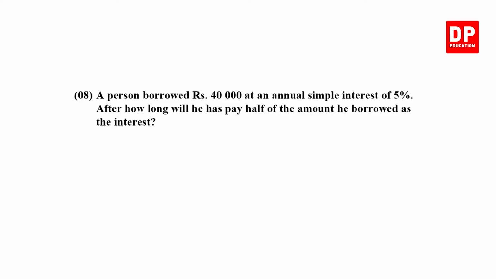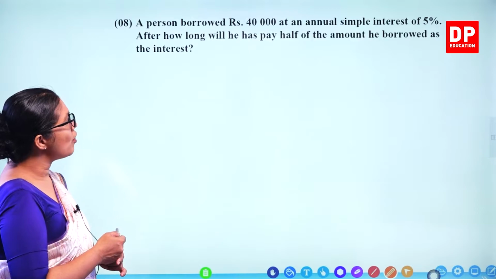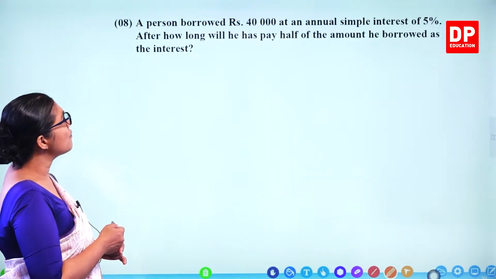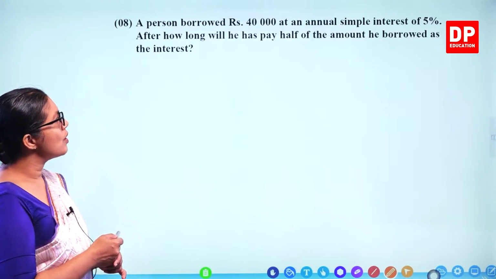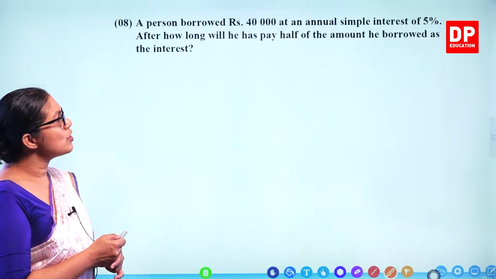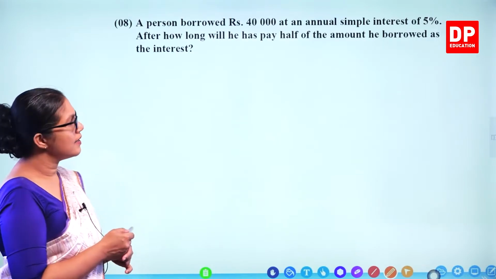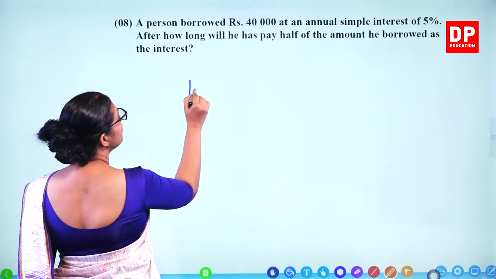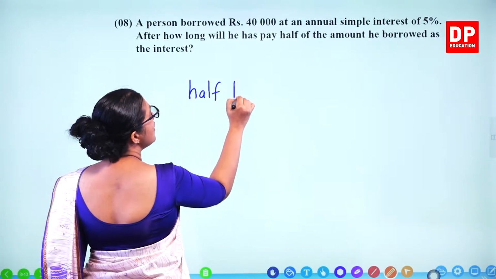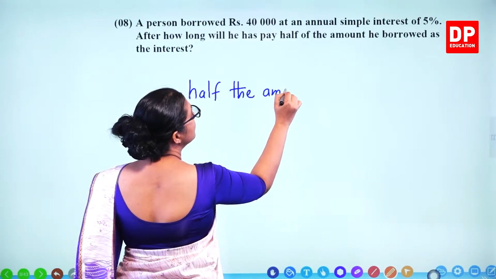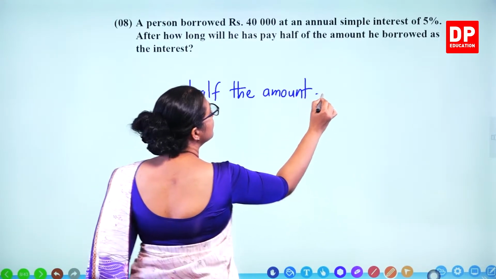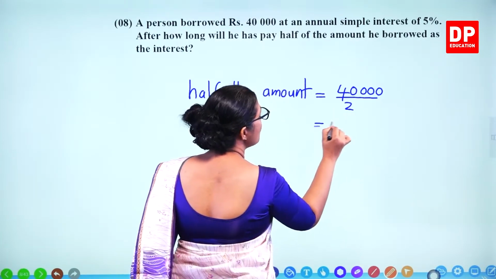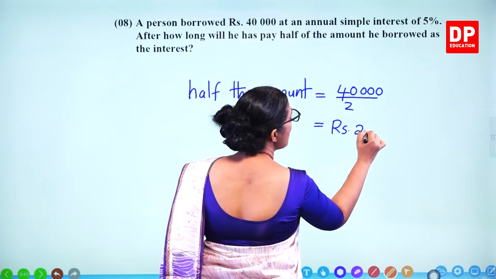Question number 8. A person borrowed 40,000 rupees at an annual simple interest of 5%. After how long will he have paid half the amount he borrowed as the interest? So the amount is 40,000. So what's half the amount? Half the amount is 40,000 divided by 2, that's 20,000 rupees. So he needs to pay 20,000 rupees